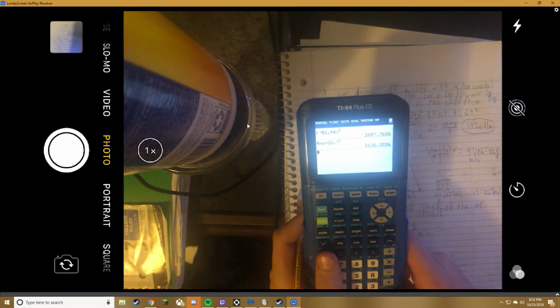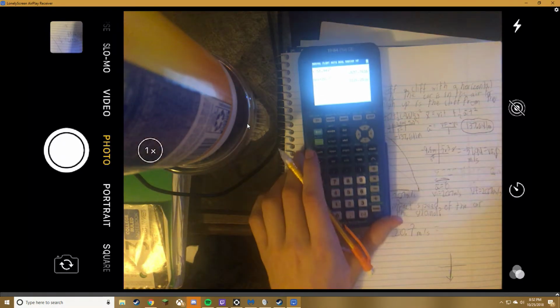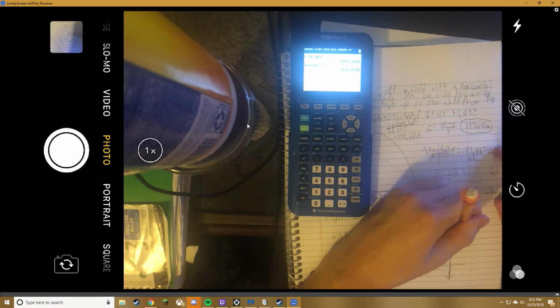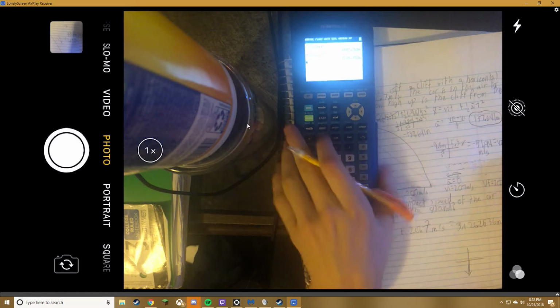and our final answer ends up being 3,126.2536, in meters squared per second squared. So since the Pythagorean theorem, we know, is a squared plus b squared equals c squared, with c being the hypotenuse, and we're calculating the hypotenuse here for the final velocity, once we have that, all you simply have to do is square root that total, and the square root of that ends up being